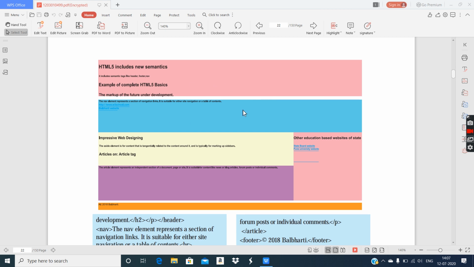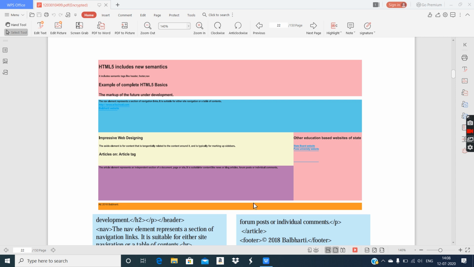Each section has a separate background color. So you can say this is the header section, this is the navigation section, because you can see two hyperlinks over there. It's not necessary that only the navigation section will have hyperlinks. The navigation section generally has hyperlinks, but other sections can also have hyperlinks wherever needed. Then we have this aside section. The aside section looks like a sidebar. Then there is the section tag, called section. Then we can have article. We will see how it is given in the example. And this is the footer.